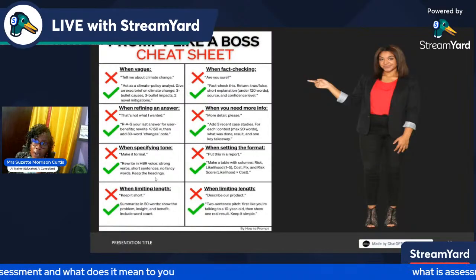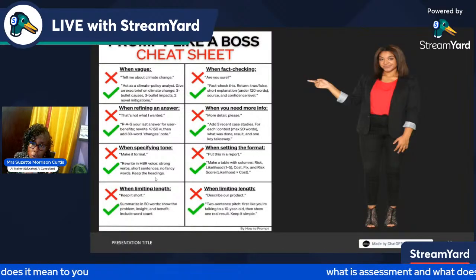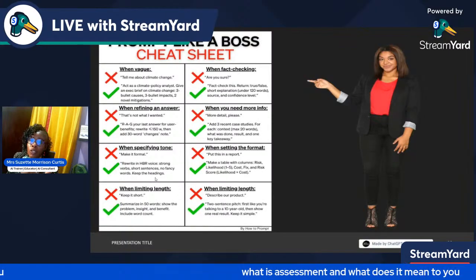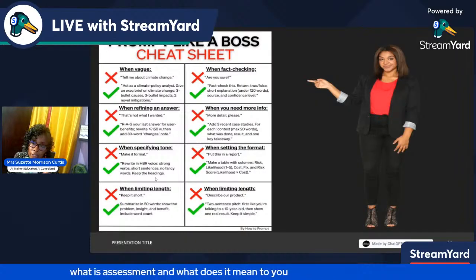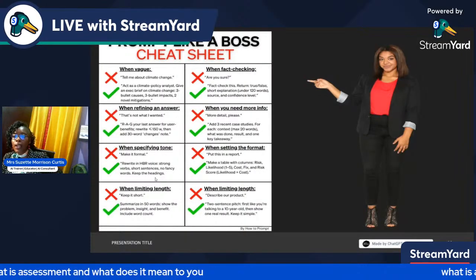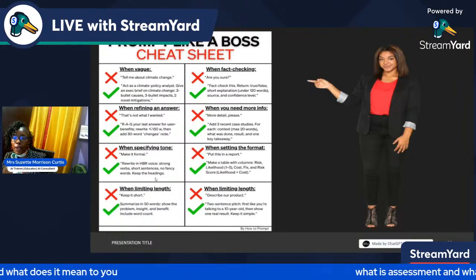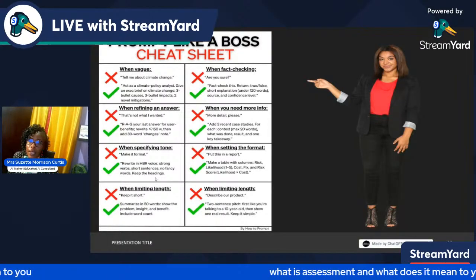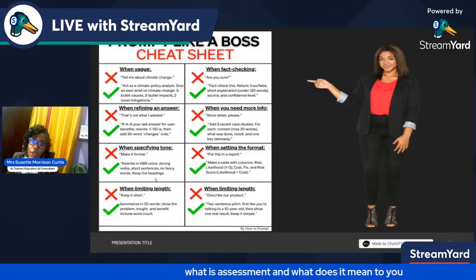And when specifying tone, you have to tell it what you want. Rewrite in an HBR voice, strong verbs, short sentences, no fancy words. Keep the headings right and relevant. Summarize words, problems, insight, and benefit, and include word count.